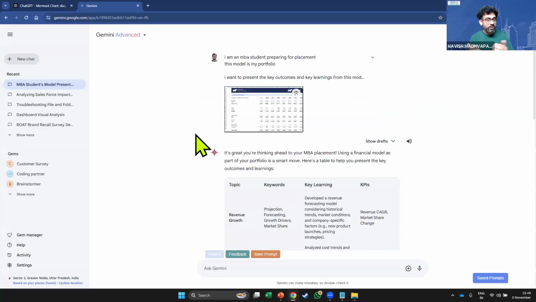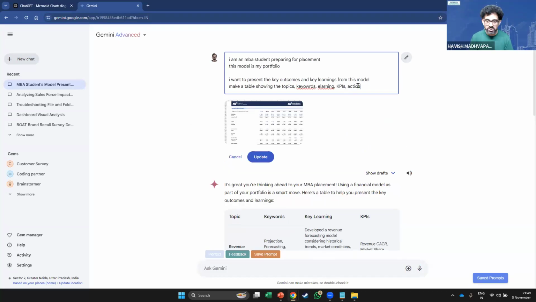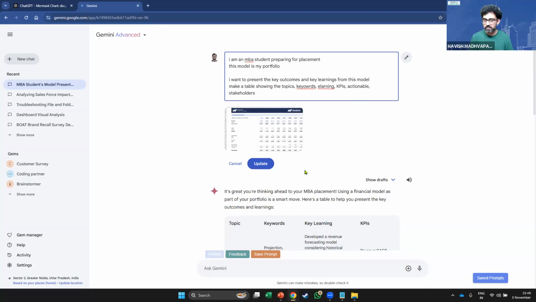And I knew it would work because, trust me, in all the clientele that I work with, this is one of the best examples that they love. The fact that we are able to make a nice table where we are able to get the keyword, the term. We can even ask it how different topics are correlated with each other. If I ask it, also tell me the actionables. So if I say, what are the actionables? And I will also say who are the stakeholders involved in it, right?